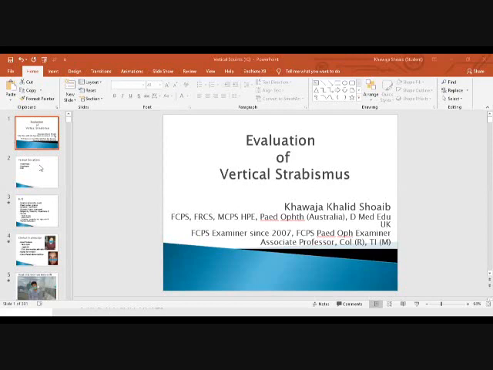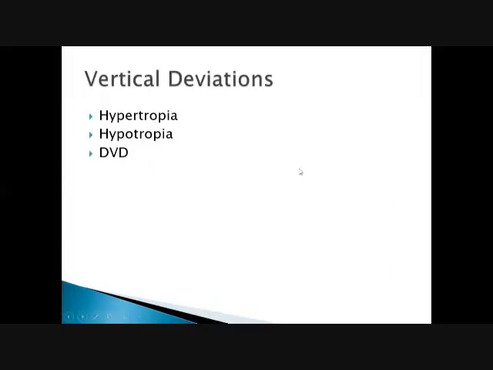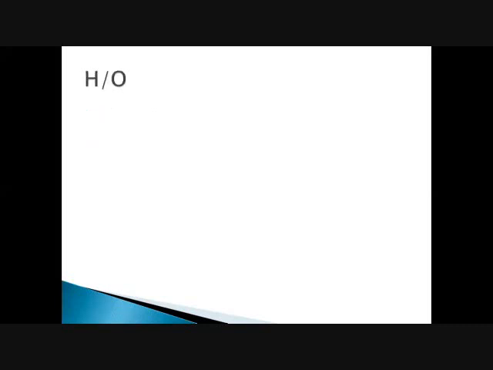So I will be discussing basically the vertical deviations and how to evaluate them and how to go for the management. The vertical deviations include hypertropia, hypotropia, and DVD. And when a patient comes with a vertical deviation,